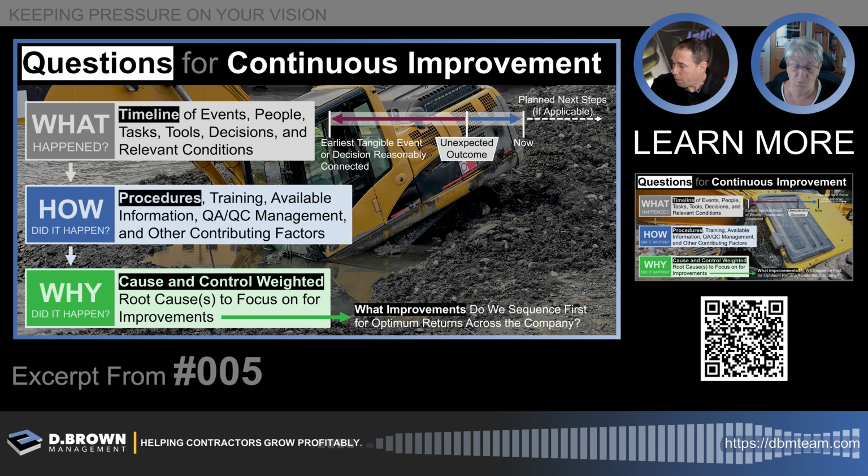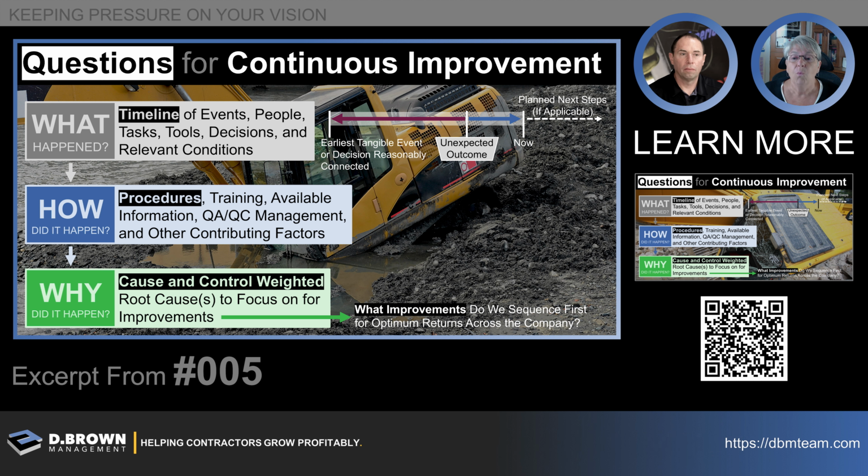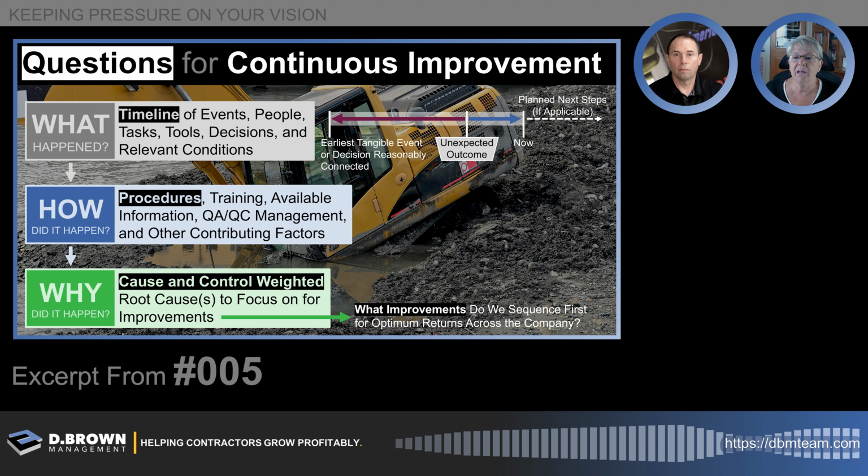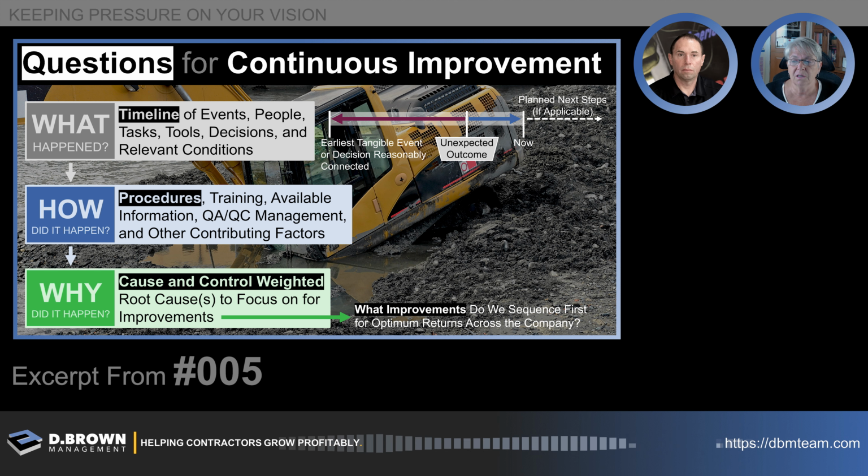We looked at continuous improvement as, hey, we had a near miss on safety. What happened? How did it happen? Why did it happen? Right? That's where everybody really could hone in when it was based off safety. When people started to see that, you mentioned QA/QC, when you start to see your dollars go up in rework, then it's a matter of, hey, what are we going to do here? And yeah, it was very much